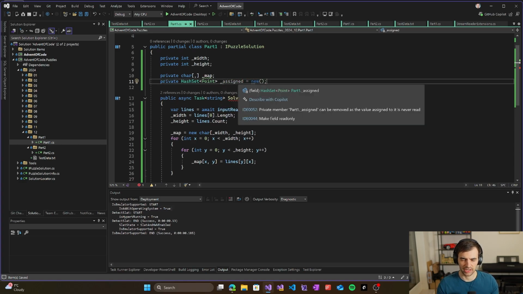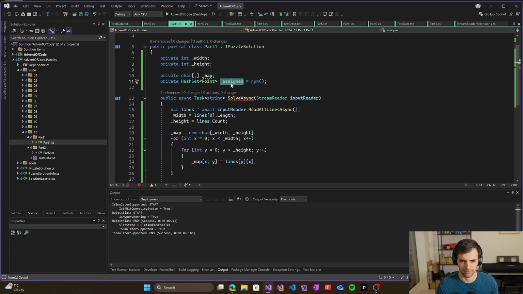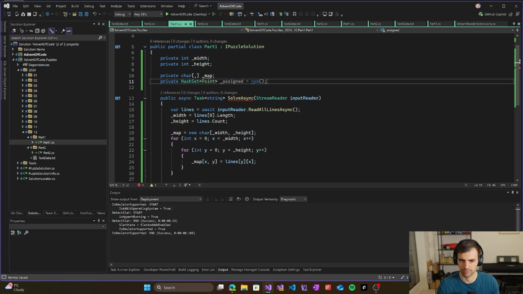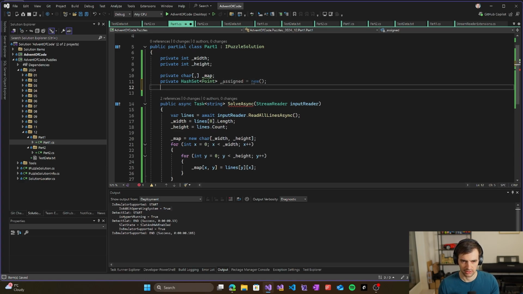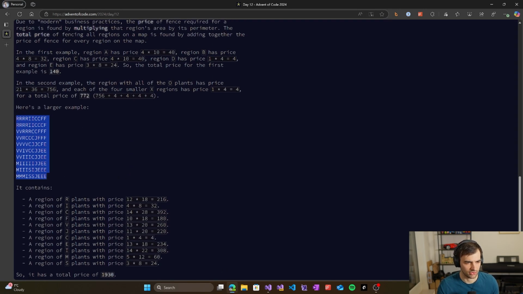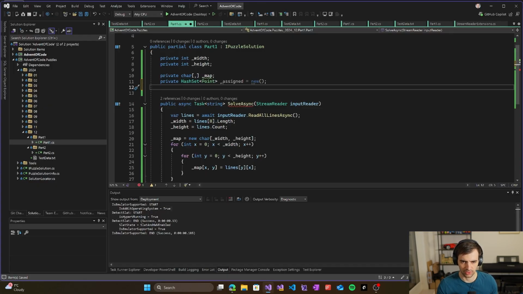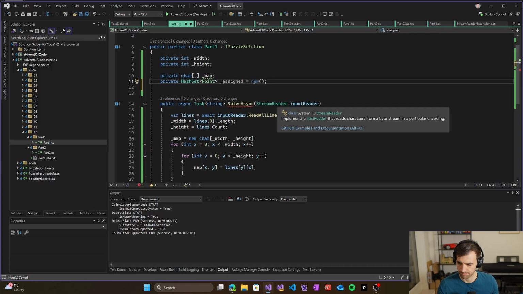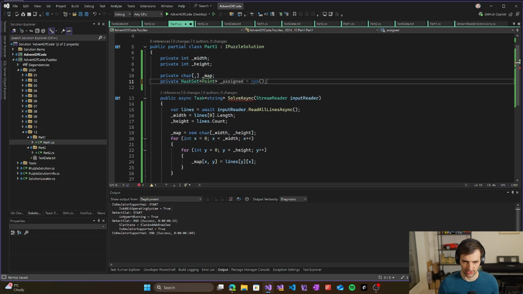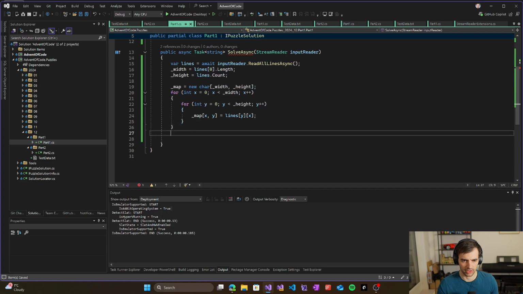So we'll be assigning each of the points some integer group that will mark the shape that it's in. So it's going to be 0, then 1, 2, and so on. So for each of the letters we will have a separate group. And by default nothing is assigned, so we will go and